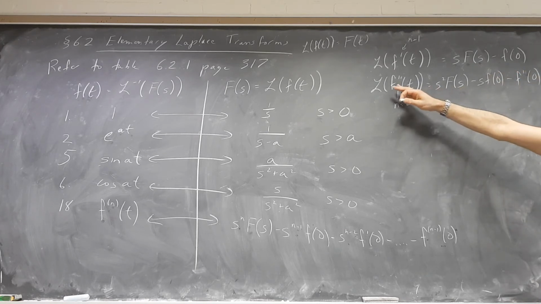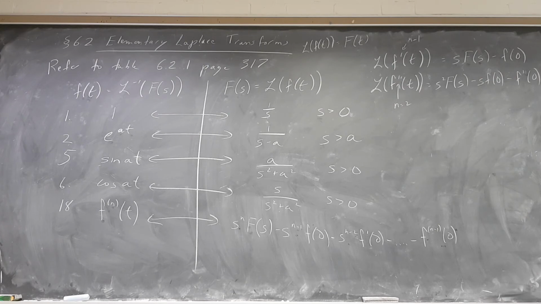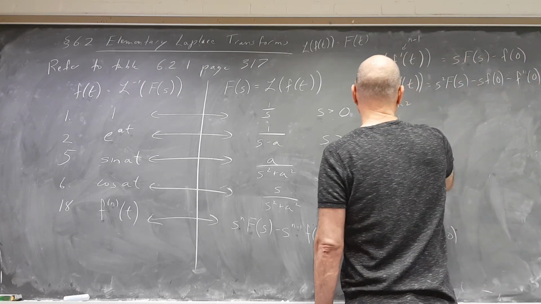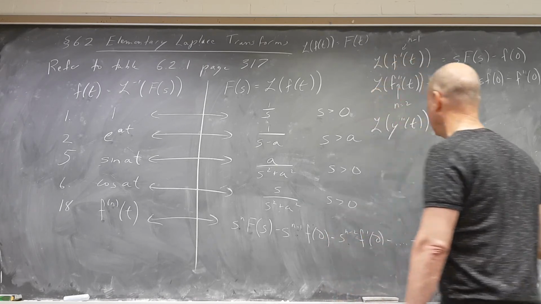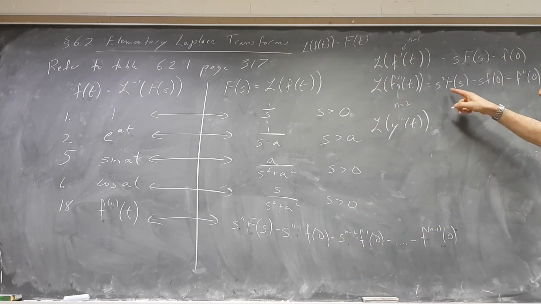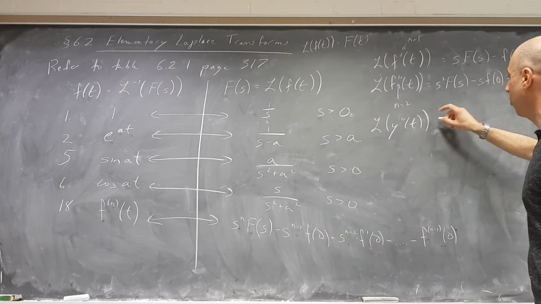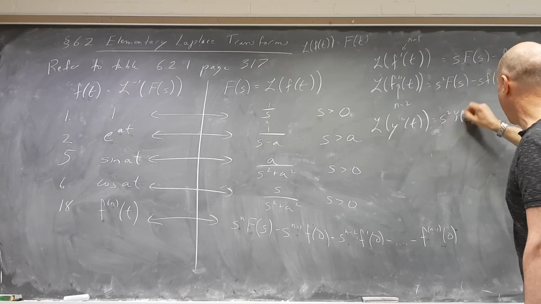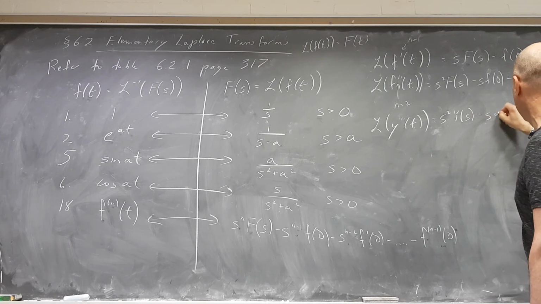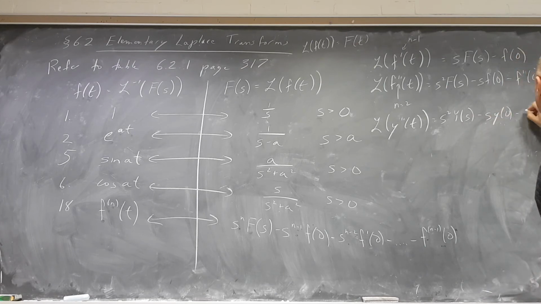If instead of having f double prime, I had y double prime, we're taking the Laplace transform of y double prime, I just replace wherever I have f's here with y's. So s squared Y of s minus s y of 0 minus s to the 0 y prime of 0. If I wanted the third derivative,